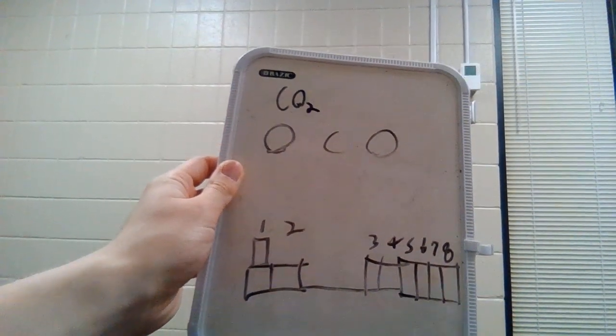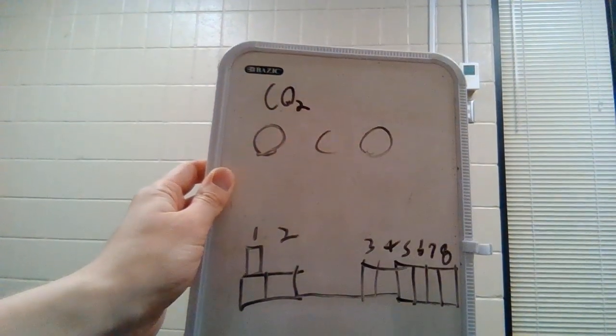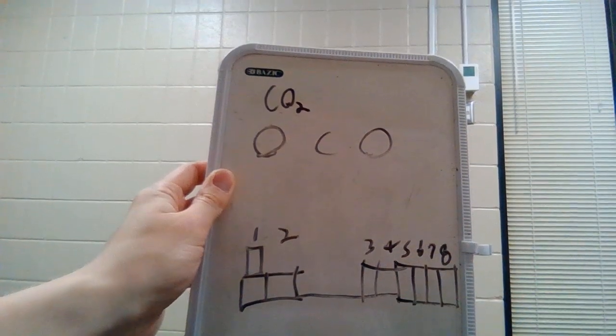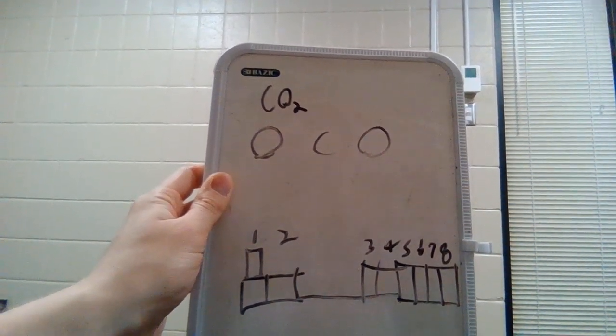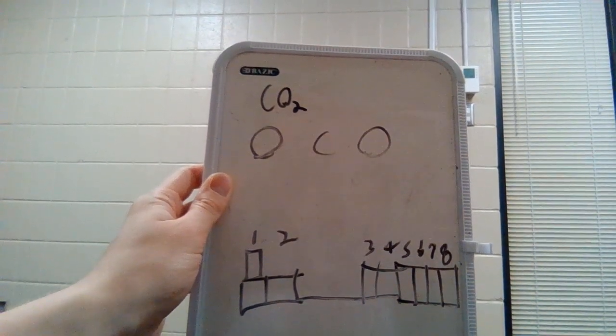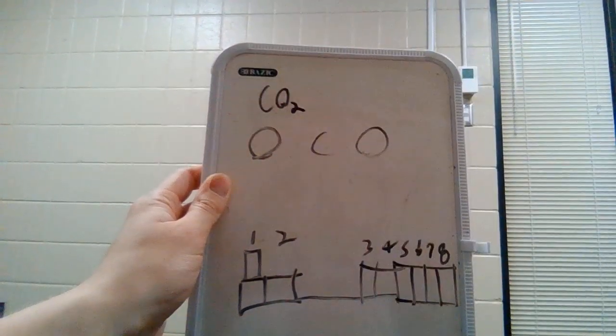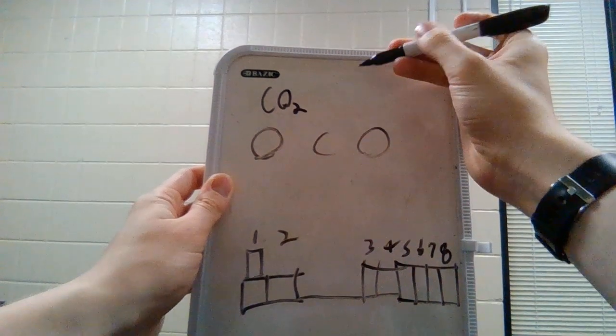Now how they do that, whenever they're bonding, is by sharing electrons and having lone pairs. Lone pairs, shared pairs, they need to have what's called an octet, which is 8 valence electrons. So